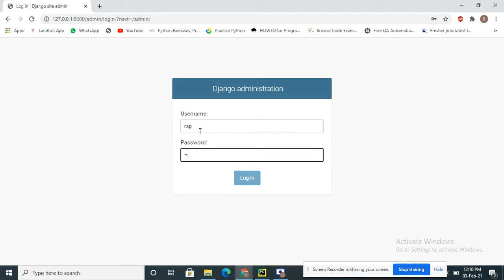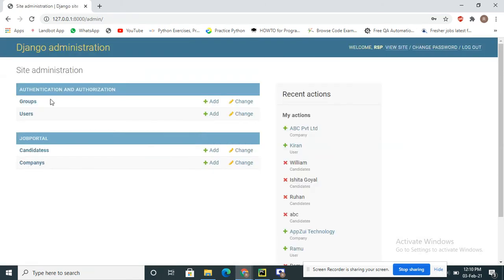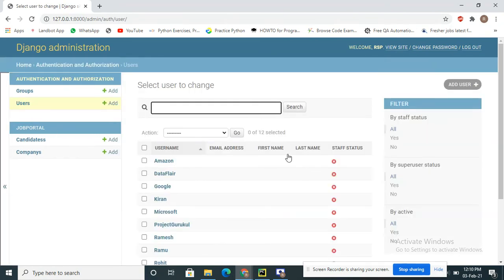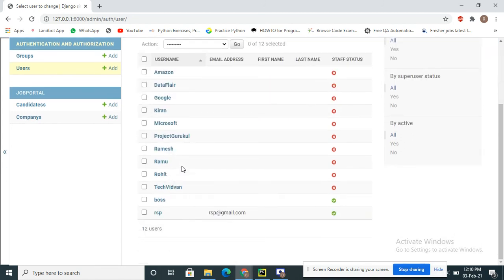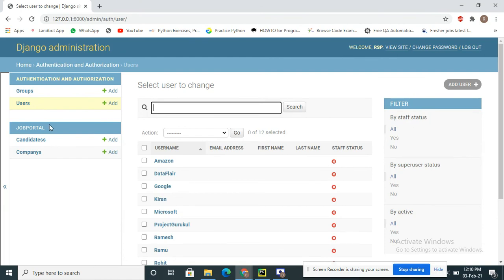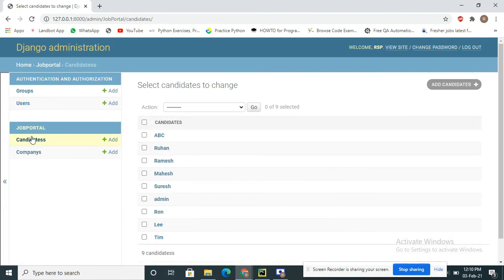Okay, so now I will show how data is stored in the database. See, users means normally all the HRs who register, that data is coming here. HR people will register through the website, and all the data will be stored in this table. So users is the table name here. And next, the data of who all candidates applied is stored here.